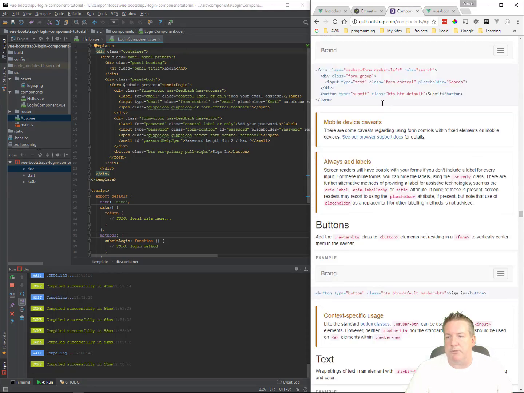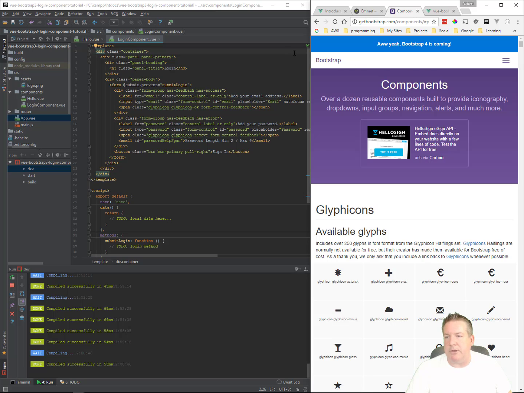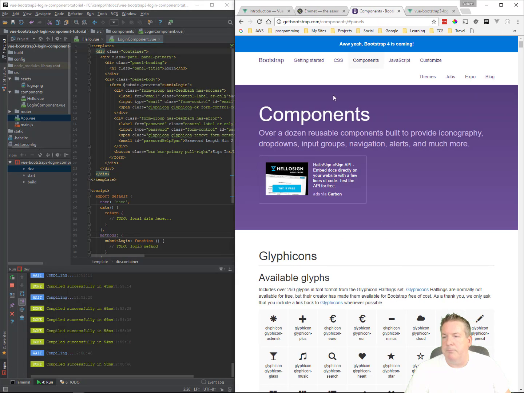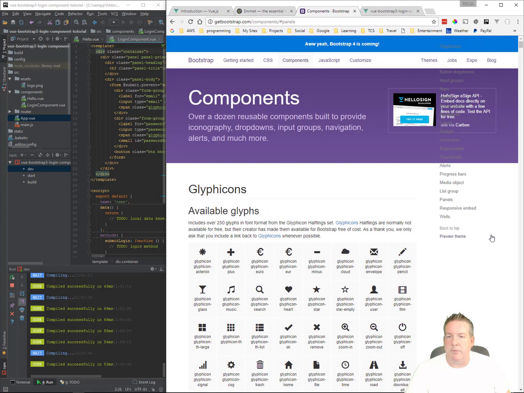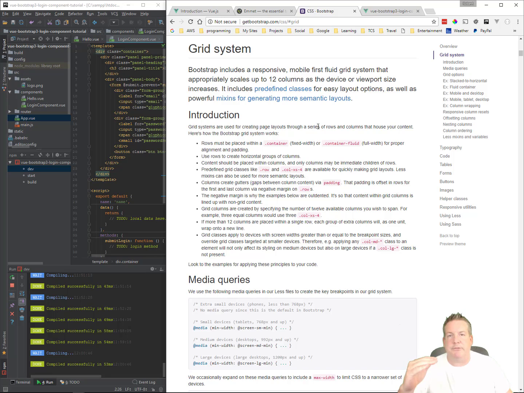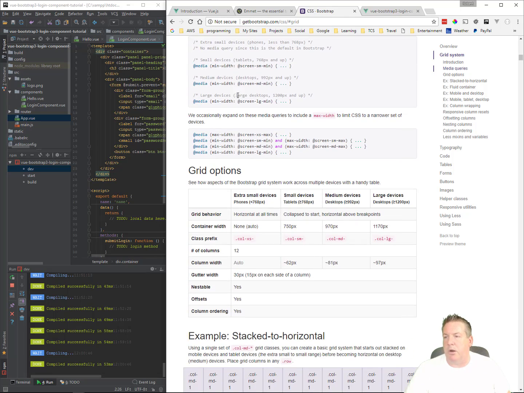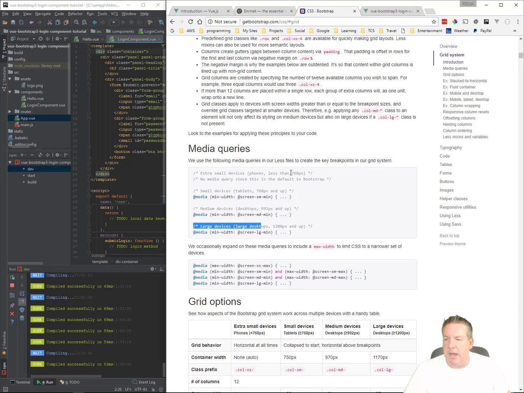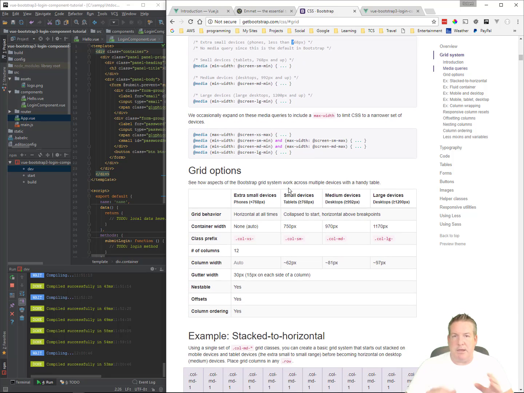If we're looking at the Bootstrap web page, let's go ahead and expand this. We want the CSS under grid systems. Now you can read about how the grid systems work, and basically, here are your grid system breaks for your media breaks, and you've got 4 basically. You've got extra small, small, medium, and large,